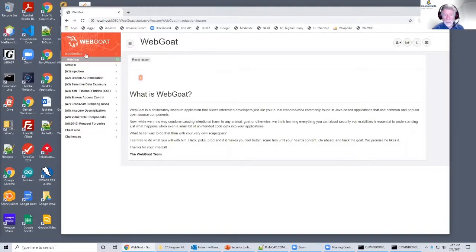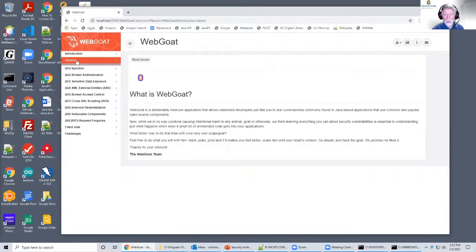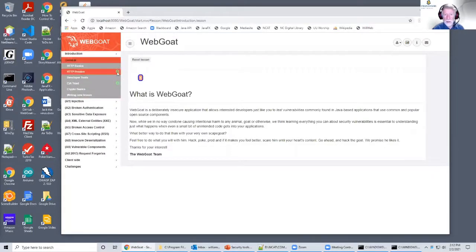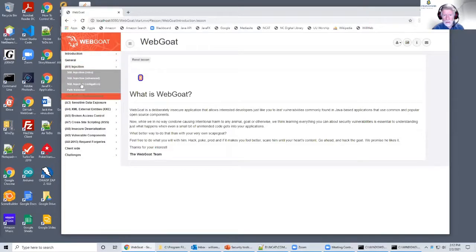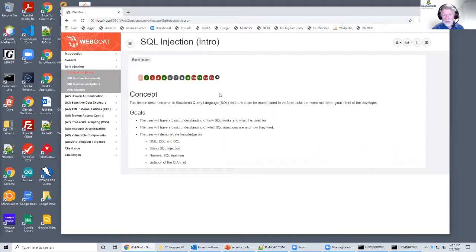There are introduction things. You can do WebWolf, WebGoat, general. By the way, these little green checks mean that I've done all the assignments in that thing. I've done them all correctly. See, I got a couple of them that worked. And then there are all sorts of other lessons down here. We can talk about SQL injection, which we will talk about at some point. Click that. Hopefully it will do something. There it goes. Yes. And so in the not too distant future, we'll be talking about SQL injection and be running some assignments on